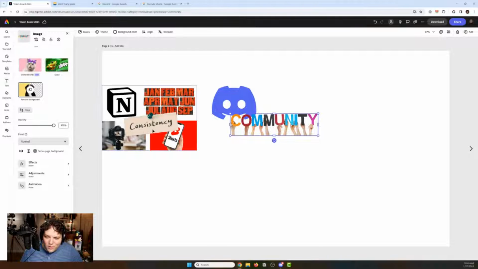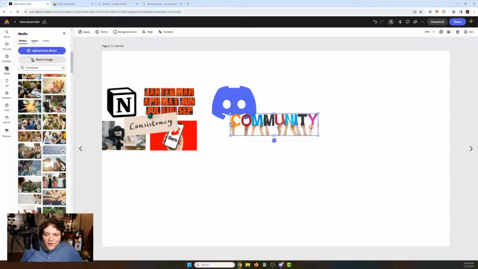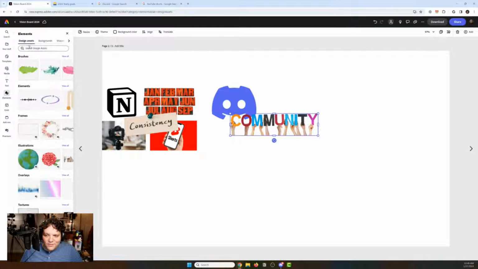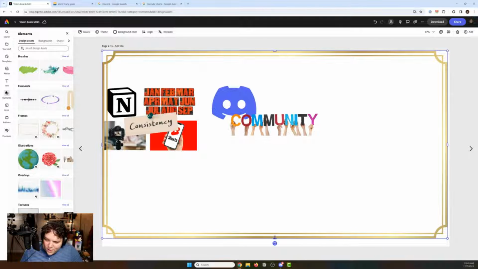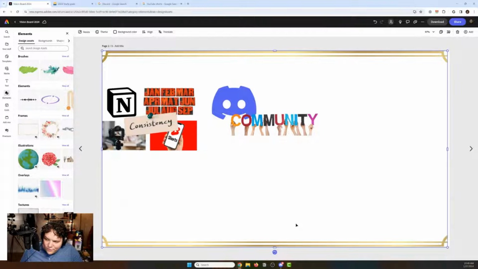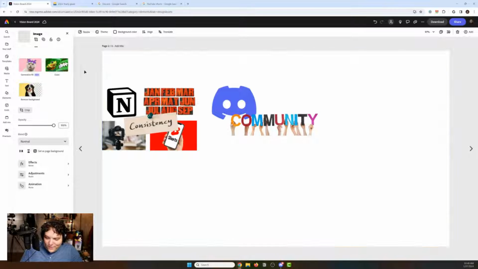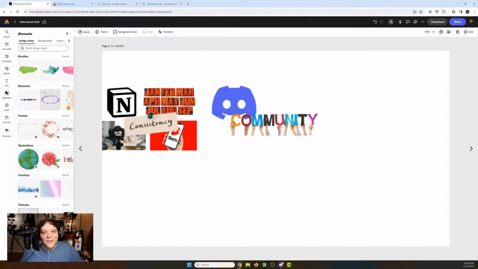And then if I want to keep this same idea, I can go into media. I can go here and click on the, well, actually I should go to elements. So in elements, there's lots of things. Like if I wanted to frame this, for example, I could. If I wanted to frame this whole thing, I know some people like doing that. This might be something I do a little bit later, just so that I can enjoy this, but obviously it's a little early for that, so I'll delete. I just hit the delete key on my keyboard.